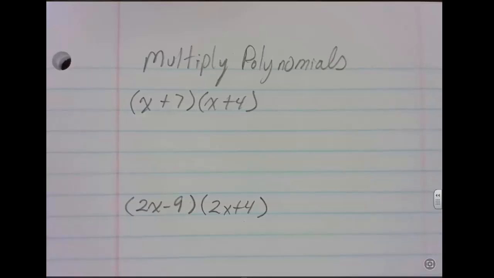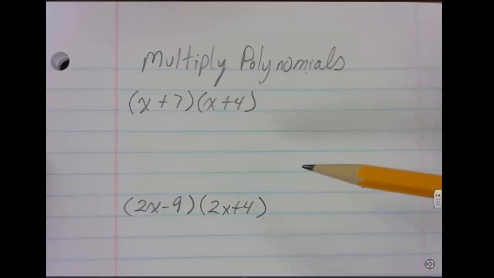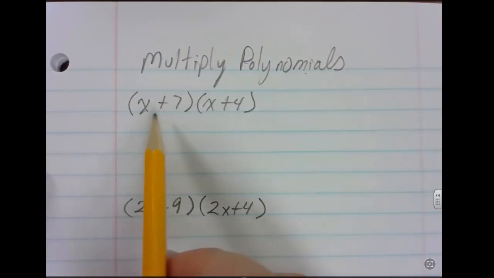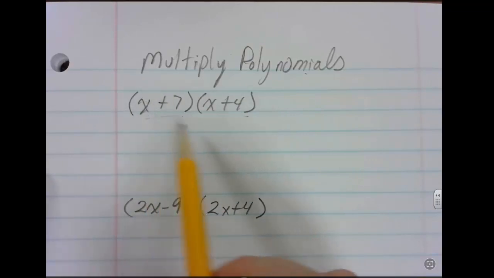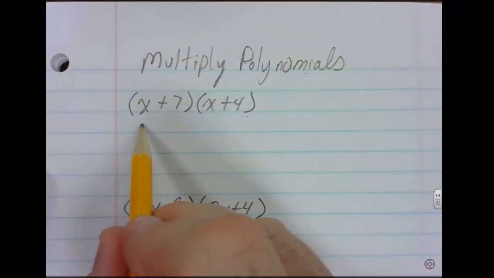Hello again. For this video we're going to show you how to multiply polynomials. So now we're not going to do a monomial times a polynomial, it's just a bunch of polynomials multiplied together. And one of the more common ones we're going to use is a binomial times another binomial. Now this is really just going to be one big distribution where we take the first variable, which is x,